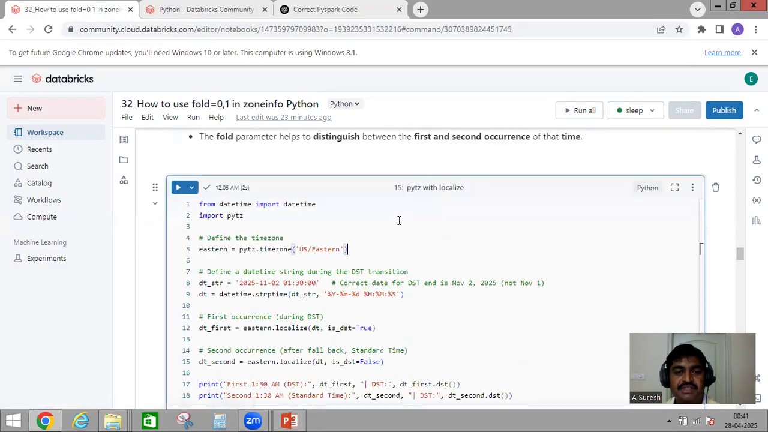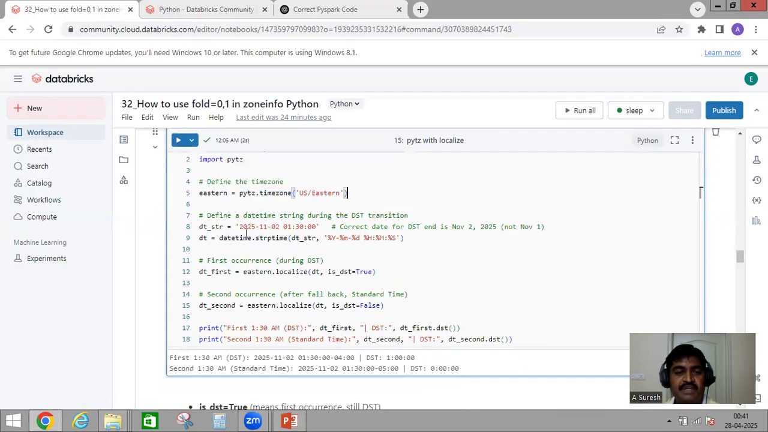So now we'll see an example using the pytz library by using localize. So I'm importing the pytz library here. By using pytz, I'm defining the time zone here, US Eastern time, and I'm manually providing a date and time value in the form of a string representation. Okay, so later what I'm doing is datetime.strptime. So that means this string date I'm converting to